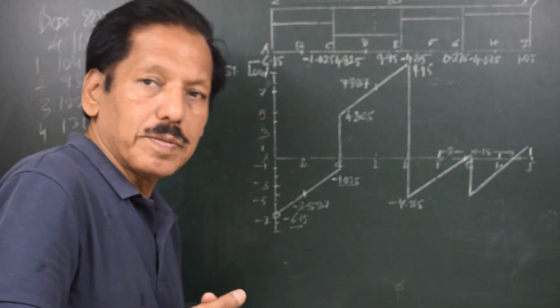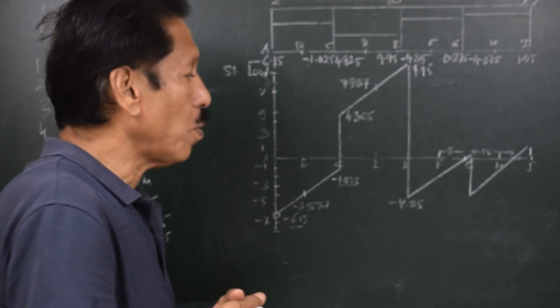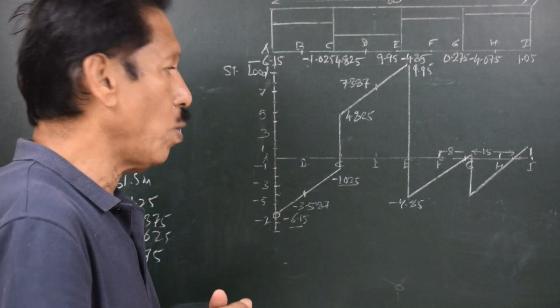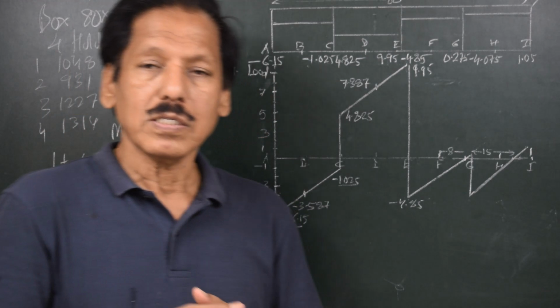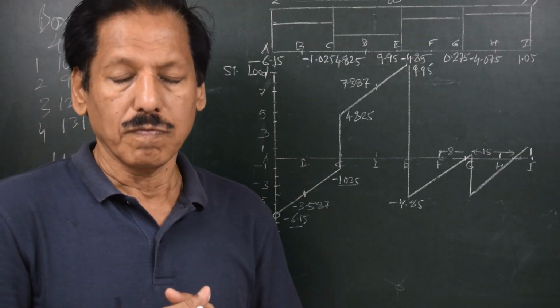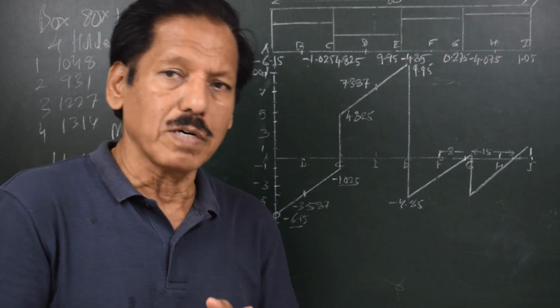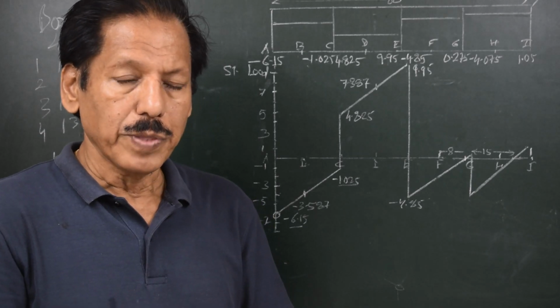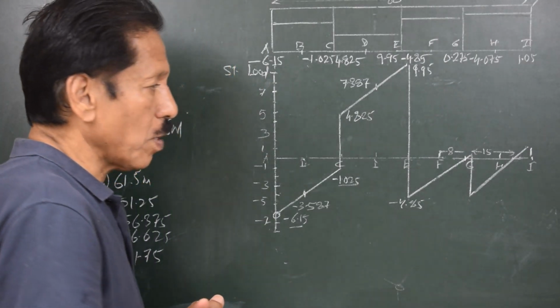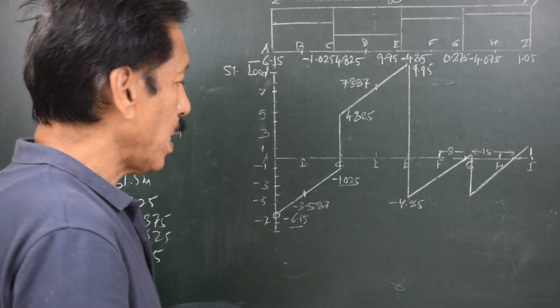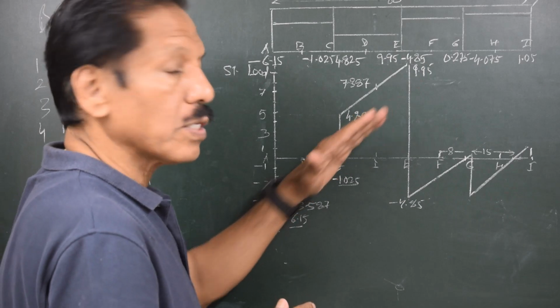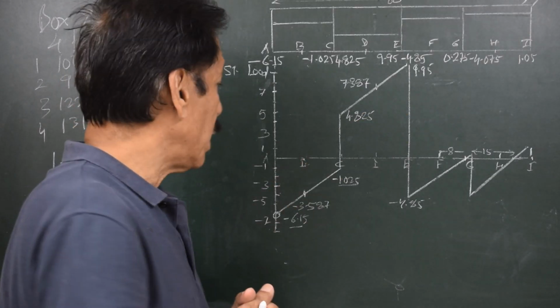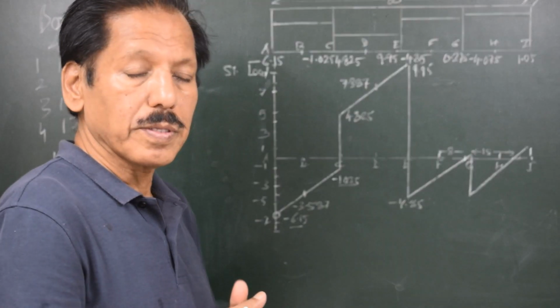Now, when we make the shear force and bending moment diagram, more than the accuracy, what is important is the shape of the curve. If the shape of the curve is correct, that means the candidate has a good idea of the shear force and bending moment. So we will give more focus on that part, like where the load curve is going upwards,